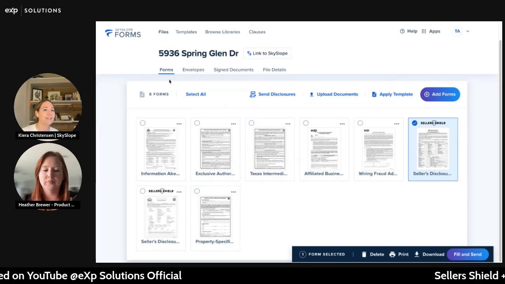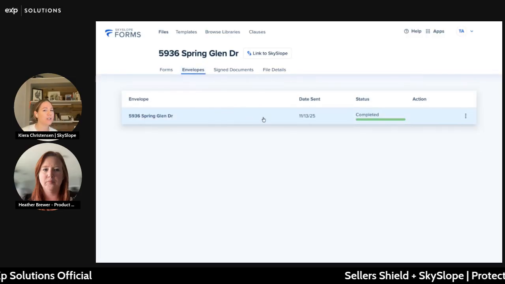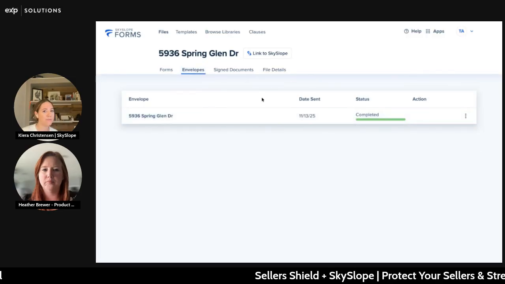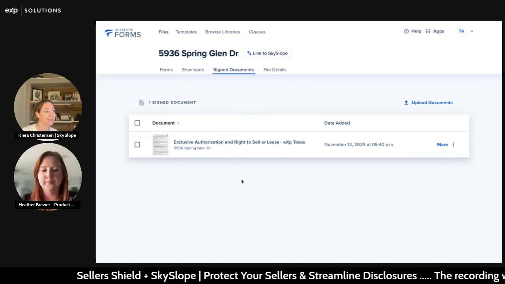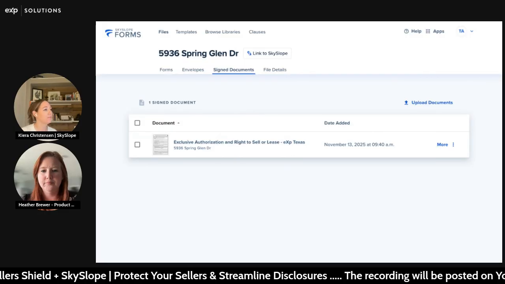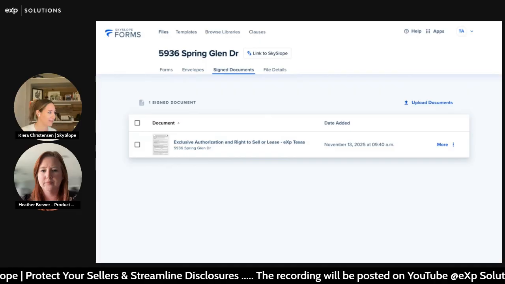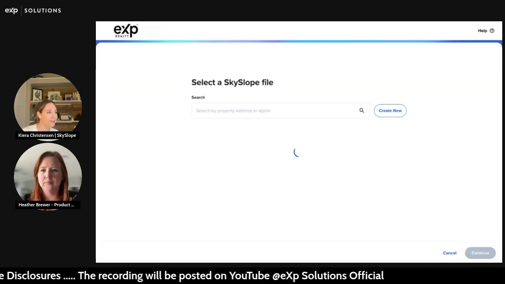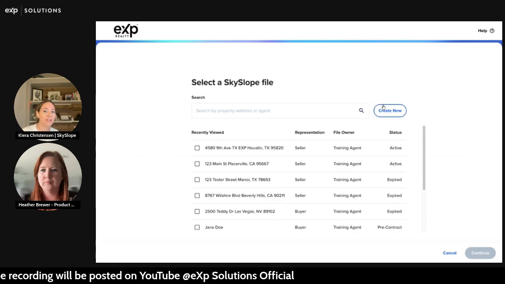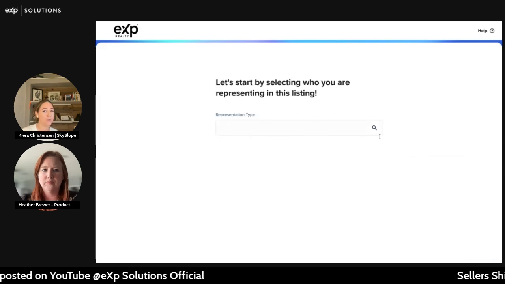Secondly, let's say that I had a chance to send out some initial documents earlier today. I now have my exclusive authorization to list. So I'm going to create a property in SkySlope. I have my new link to SkySlope option here. What I'm going to notice is now when I create a file here within SkySlope,